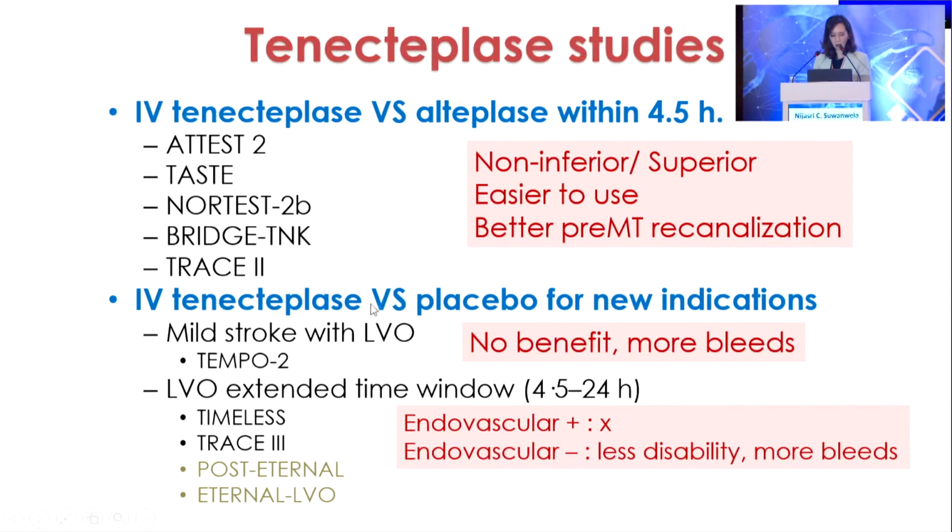For later benefit would be the ones with mild stroke with LVO. The TEMPO study didn't show benefit on that. So mild stroke, even though they have LVO, maybe not for tenecteplase. And for LVO in extended time window, maybe the ones who are not going for thrombectomy may be the candidate